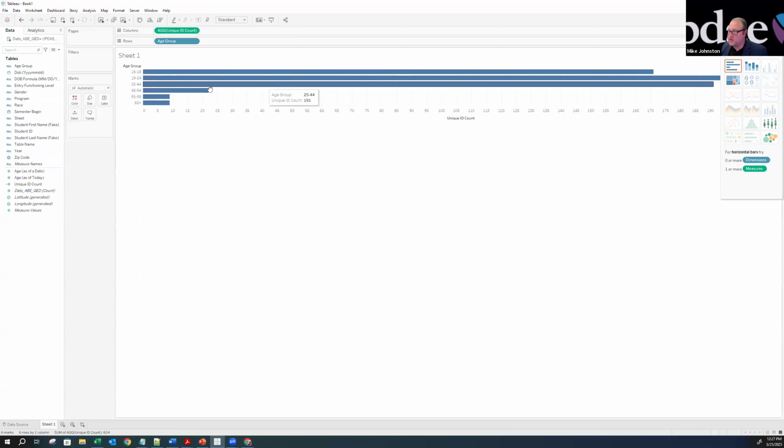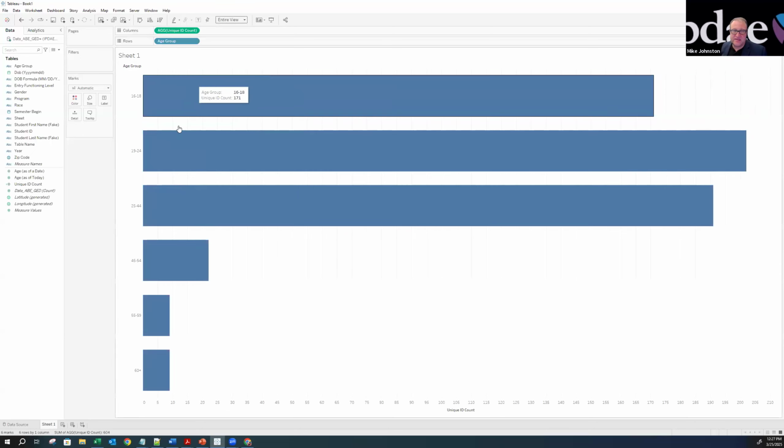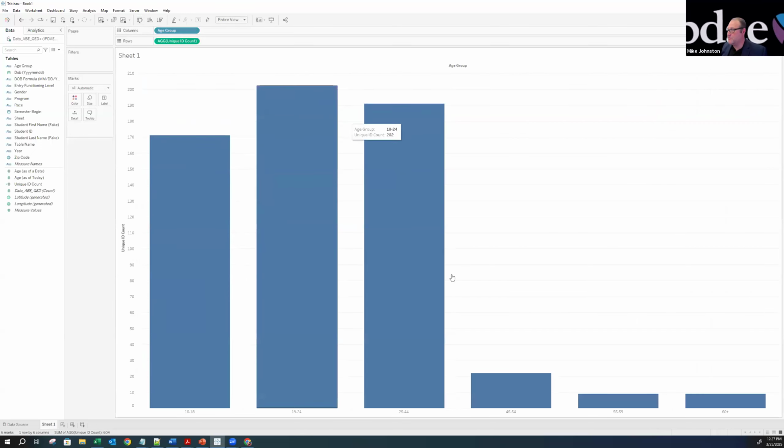Okay, look at this. We have a bar chart here, and I'll just get rid of this. I have this little bar chart that exists. If I click on the standard, I can go to an entire view, and I can see that this optimizes the screen space. So now I can see my breakdown of my age group enrollment for my AB population. I can hit this little button if I want to invert this, and now I can see some peaks and troughs here of my enrollment.